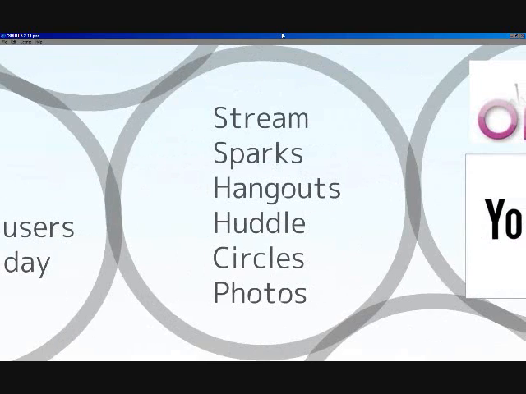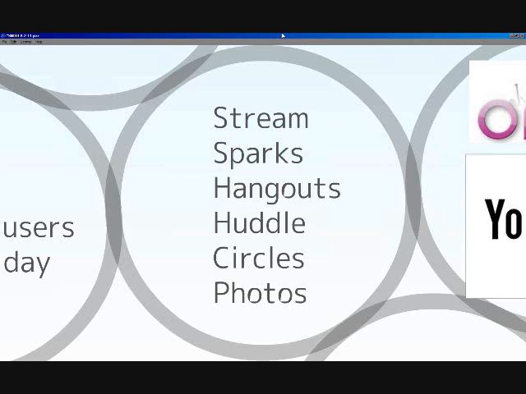The primary features and the terminology that you want to learn about is, first, a component called Stream, which is the news feed, or if you're familiar with your Facebook news feed, it's the information that you post and the information that others post to you. Sparks is a recommendation engine, somewhat of a search engine, but it kind of is a two-way. You can key in information in search, or Google provides you with suggested information based on the info that's in your Google Plus account.